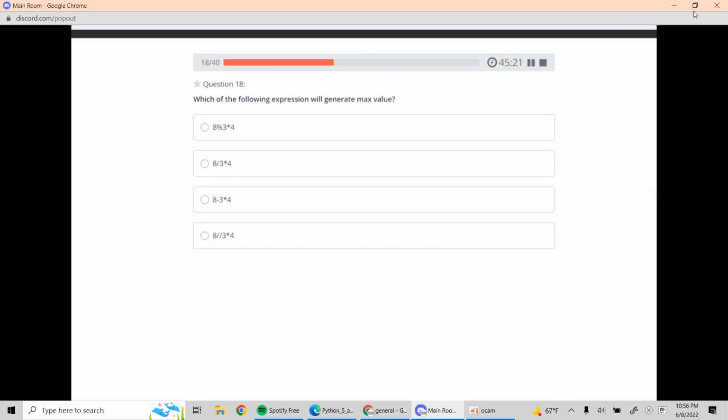Okay, so question 18, we want to see which one will generate the max value. So we want to see which of these answer choices will give us the biggest number. We can start with this one, 8 modulus 3. If we do 8 divided by 3,